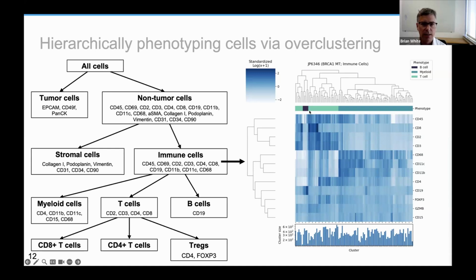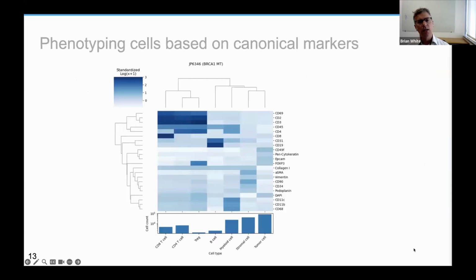There are the B cells, indicated by the phenotype bar at the top here. There are the T cell clusters that span the B cells. And then finally, there's a myeloid cell cluster on the right. These are based on the marker proteins for these immune populations that are shown on the right. And notice that these markers themselves cluster according to their associated cell types. Ultimately, we characterized the immune cells into myeloid cells, B cells, and CD8, CD4, and regulatory T cells, along with